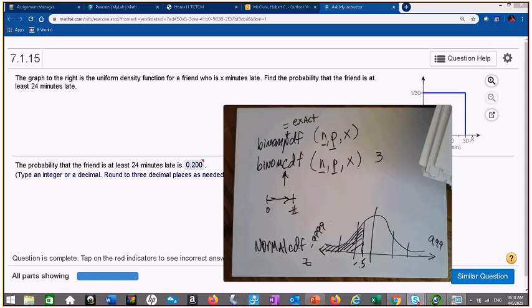Now, I don't agree with this question because when you say at least, that means your lowest number is 24. Okay? And you can get confused thinking that way with at least 24 minutes late. Because technically, if you're late, that's at most. You see what I'm saying? If you're late 10 minutes, that means you're late 10 minutes after the fact. That would be 10 more minutes because you're late. So it can be confusing. So what I tell students is,